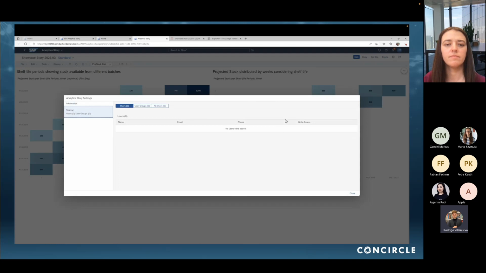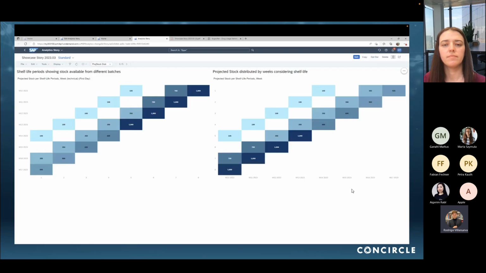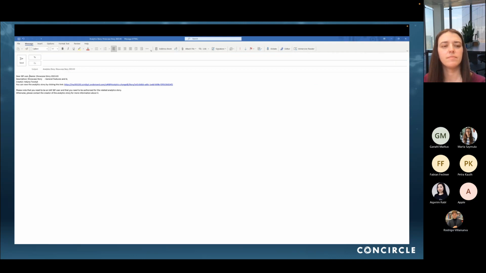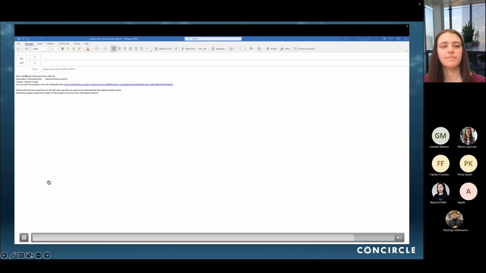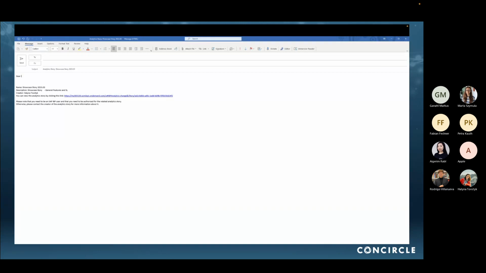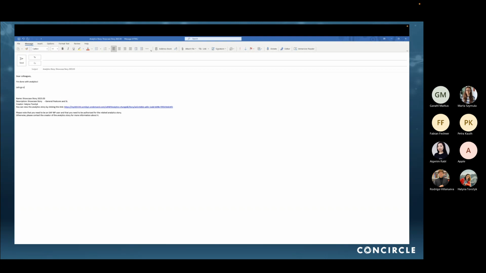If I would like the story to be shared with somebody, I can do it with sharing options. If I do it in edit mode, I will get the possibility here to add users and to define for them read or write access. Also, I can email my story. Let's try it. Click send in an email. Change the text. Dear colleagues, specifying the receiver,